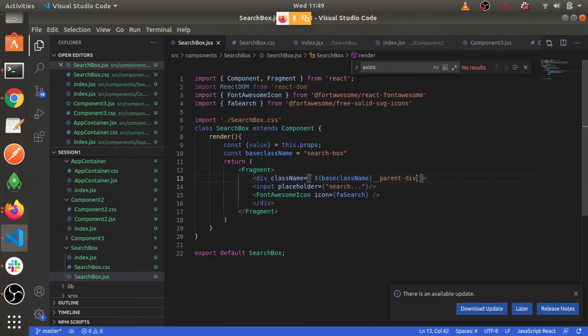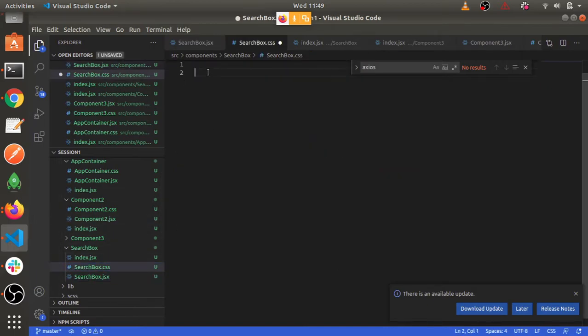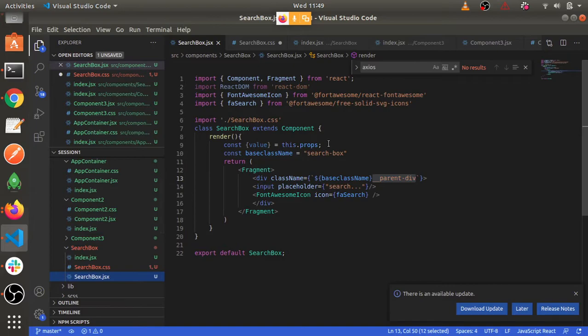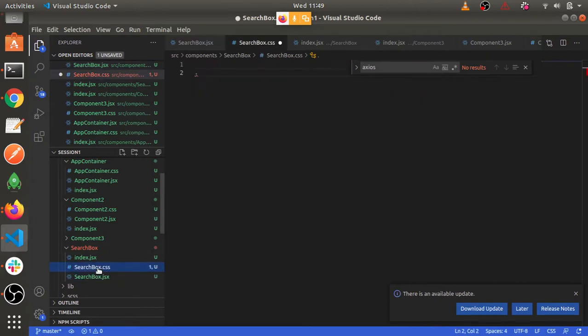Okay, I'll give a class to this. I'll go to this and, what is our parent class? If it would be dot scss, I could have used some expressions and all, but this is not scss, so I'll have to write the whole class name. In some class I'll show you how to use scss. I need to basically configure my Babel, which I have not done. Okay, that's why I have to write this.